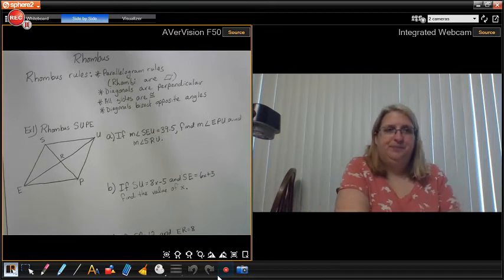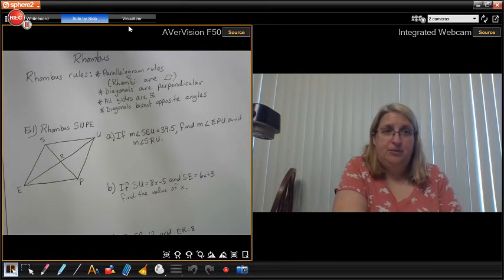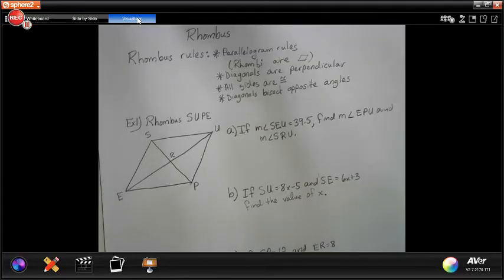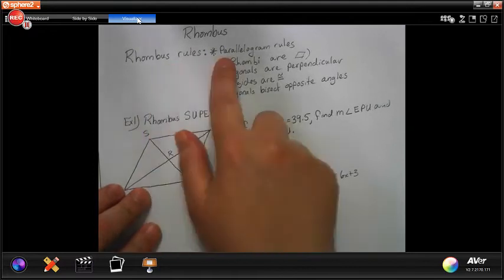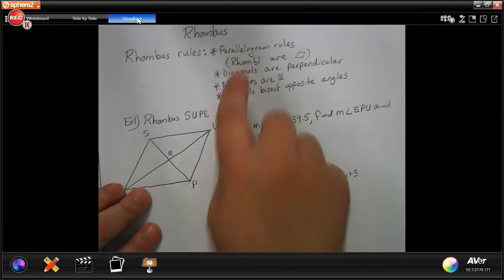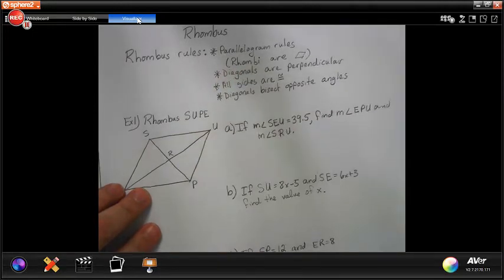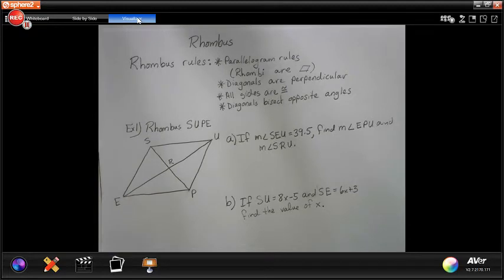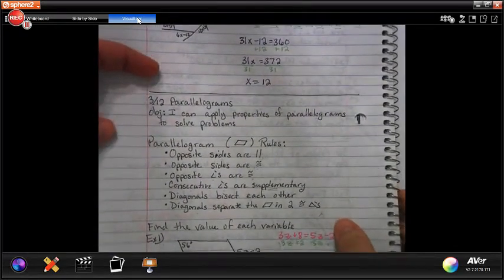So these are the rhombus rules. I'm going to switch to just the document camera. There we go. So rhombus rules, if you notice the very first thing in the rhombus rules, it says parallelogram rules, because rhombi are parallelograms. That's the plural for rhombus. Rhombi are parallelograms. So when it comes to a rhombus, we have to go back to all of our parallelogram